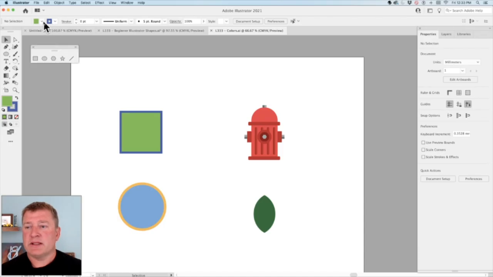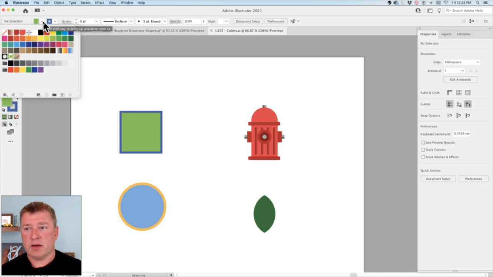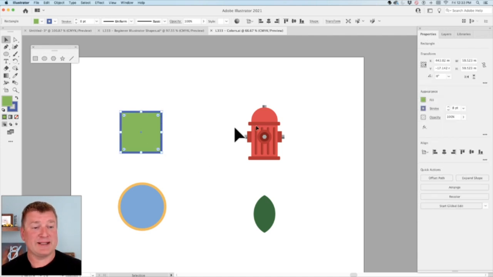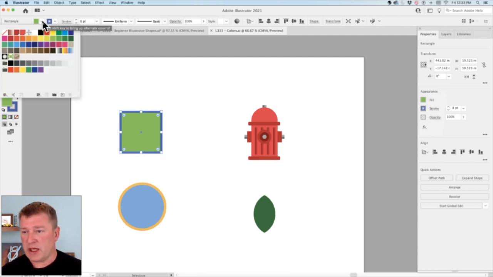You have a pre-defined set of colors in Illustrator when you start up your Illustrator document. You'll be able to see those in your control bar by clicking on your fill or your stroke drop-down menu. You can also see them in your properties panel, but you'll have to have an object selected in order to see the fill color and the stroke or the outline color. To change these colors, you can select your object with your selection tool, change your fill color from your fill panel here,